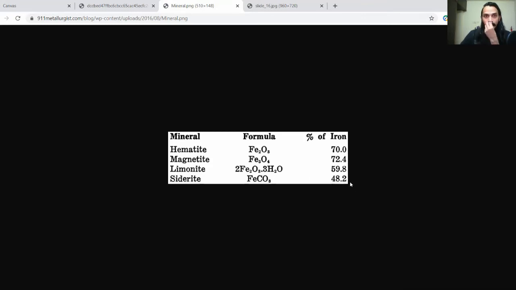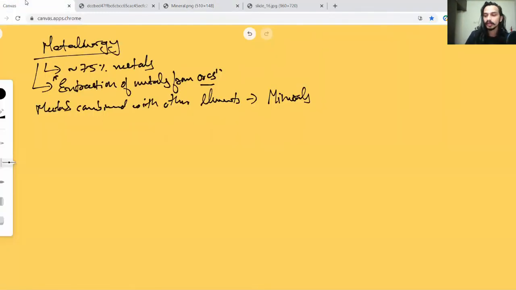Meaning, if I have like 1 kilo of iron, I'll only get half kilo from siderite. Whereas if I have like a kilo and I use magnetite, I'll get almost 73%. That is 730 grams of this iron out of it, right? So obviously we are looking for more profitable ways or more cheap ways to do it. So any mineral from which it is profitable or from which it is feasible to remove the metal is called an ore. Okay, so ore is nothing but a mineral